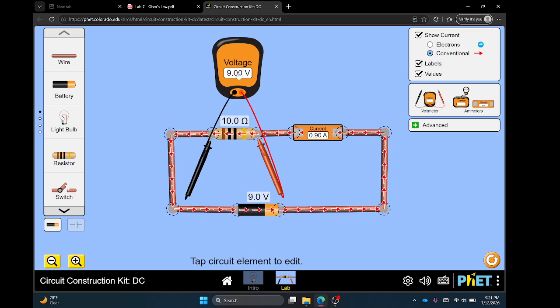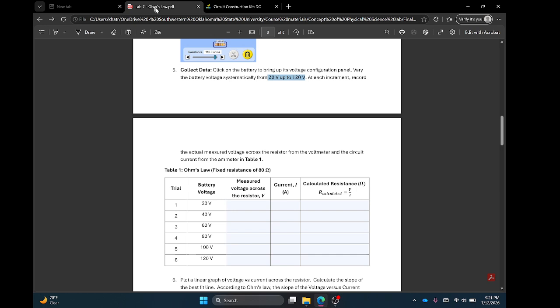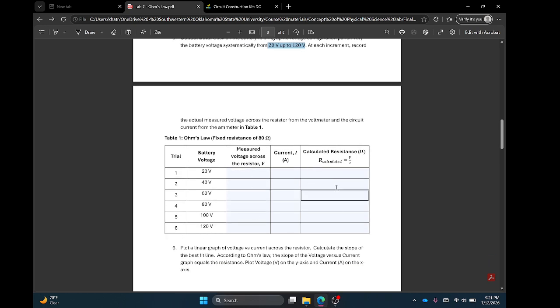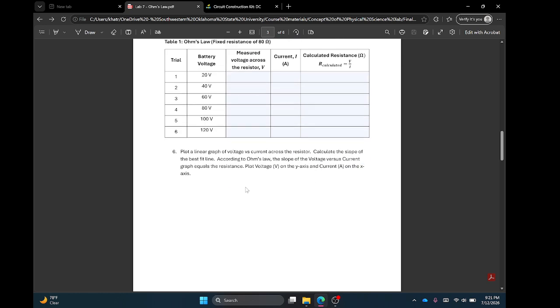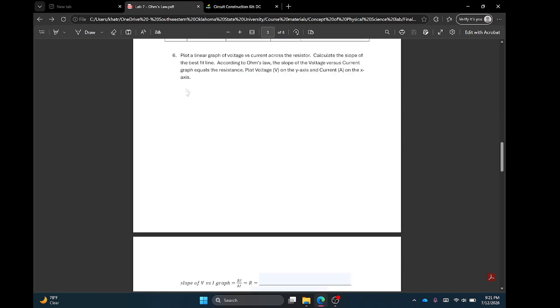Now we can see the voltage across the resistor, and current here, and the source voltage is here. So basically you will repeat this test for multiple voltages, and then you will plot a voltage versus current graph here,